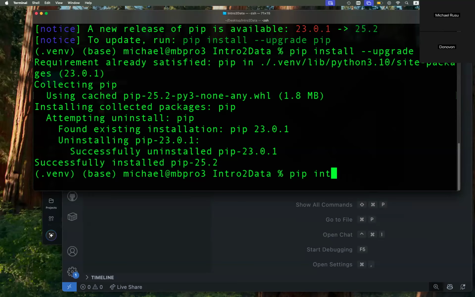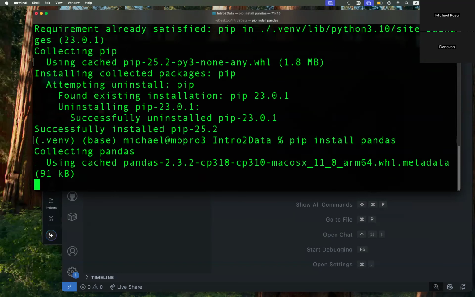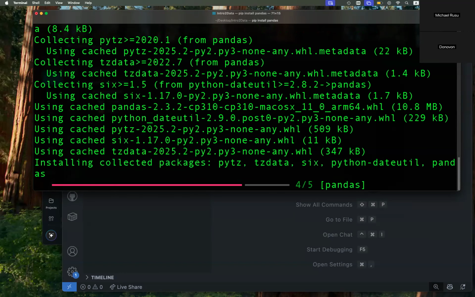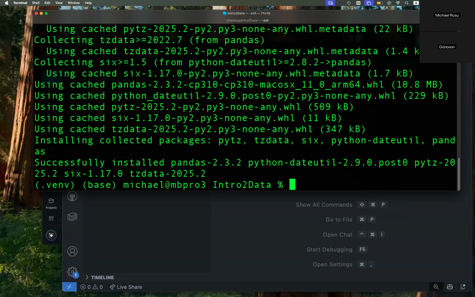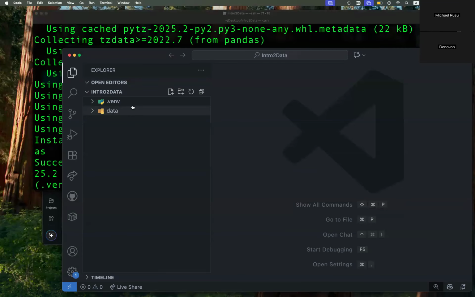So next thing we're going to do is install Pandas. This is pretty much right there. We have a little cool hacking scene, as you can see. Once that is installed, we're also going to install Matplotlib while we're here. Install Matplotlib. And this will pretty much, you can actually see right here, if we go to .venv